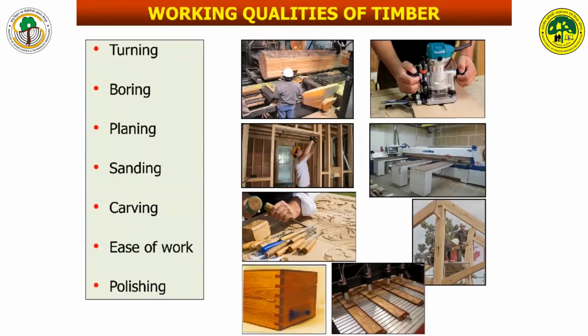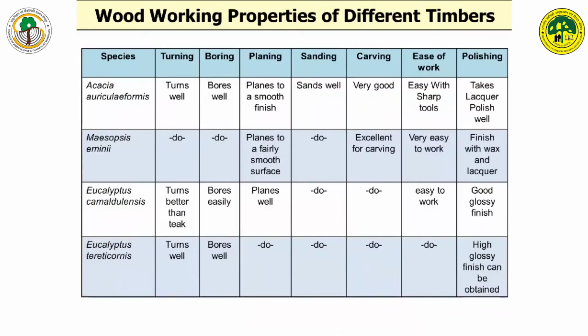And apart from the mechanical properties, we also have to see the working quality or working properties of the timber, like how easy it is to work the wood, and what the different woodworking parameters of the wood are, like turning, boring, planing, sanding, carving, ease of working and polishing, because these are required not only for woodworking by the carpenters, but also for aesthetic appearance. And we have classified the wood